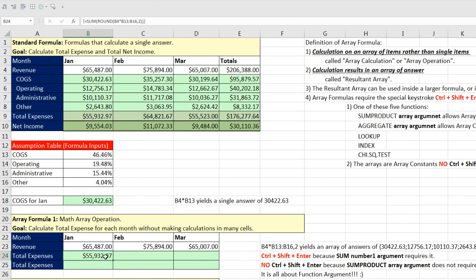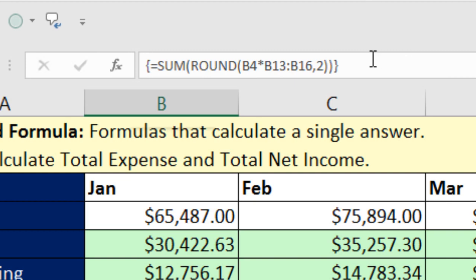And boom, just like that, we get exactly the same answer, except down here, we did not have to use 4 individual cells to get to our final answer. All 4 calculations are done in a single cell. Now, this is an array formula, and we used Control-Shift-Enter. So as soon as you Control-Shift-Enter, you have to look up to the formula bar to verify that the curly brackets were entered. Those curly brackets are Excel telling you that it understood that you wanted to do an array